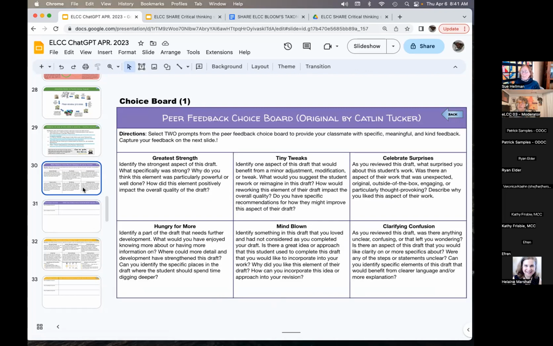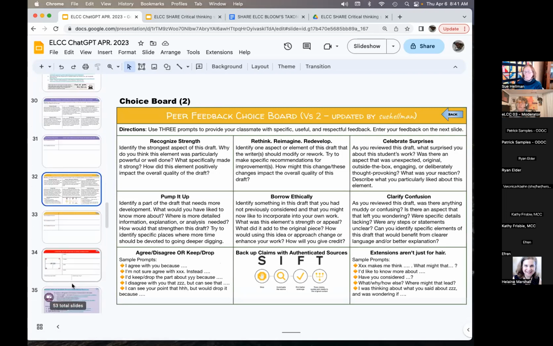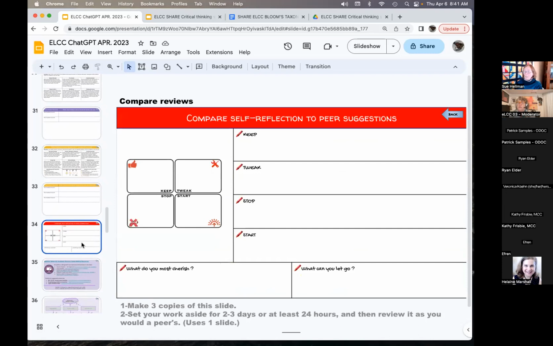So the idea is we're going to guide people to give useful review information. I elaborated on that by making another version that I thought was maybe a little more suitable for content areas that I had worked with. And then there's even a short version of something that's really fast. Okay, and then the other one that's in this deck